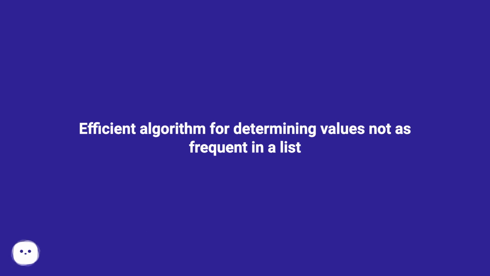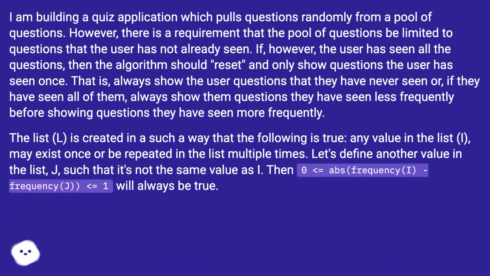Efficient algorithm for determining values not as frequent in a list. I am building a quiz application which pulls questions randomly from a pool of questions. However, there is a requirement that the pool of questions be limited to questions that the user has not already seen. If, however, the user has seen all the questions, then the algorithm should reset and only show questions the